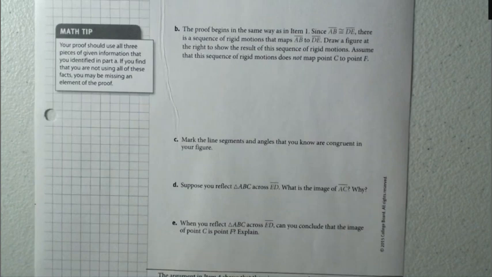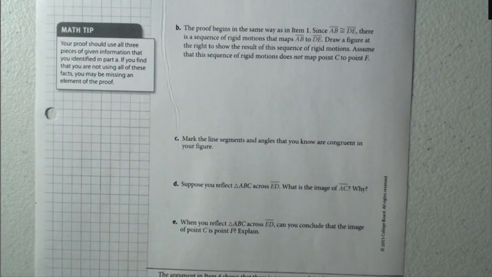Then it says, mark the line segments and angles that you know are congruent in your figure. Suppose you reflect triangle ABC across line segment ED. What is the image of AC? When you reflect triangle ABC across line segment ED, can you conclude that the image of point C is at